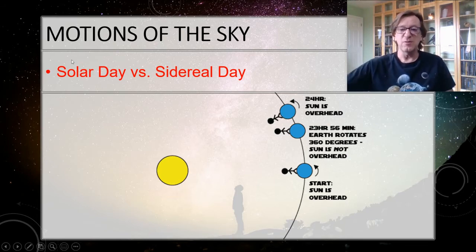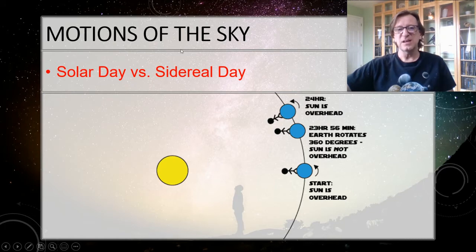So look at this diagram and you can kind of see what's going on here. So if the Earth were not rotating around the sun, then I would stay right here. 23 hours and 56 minutes later, the sun would be back over my head. And so my solar day would also be 23 hours and 56 minutes. But the Earth is also revolving around the sun. So after 23 hours and 56 minutes, I've gone 360 degrees, but the sun isn't directly over my head. And so I need to turn just a little bit more, 4 minutes more, before the sun is directly over my head. And this is why the solar day is 4 minutes longer than the sidereal day.